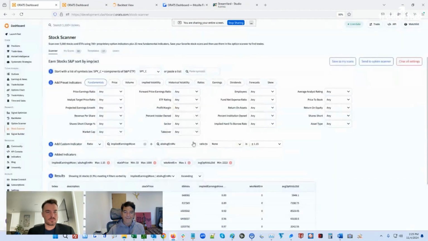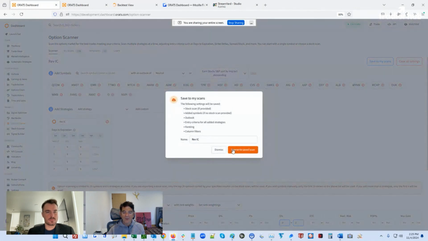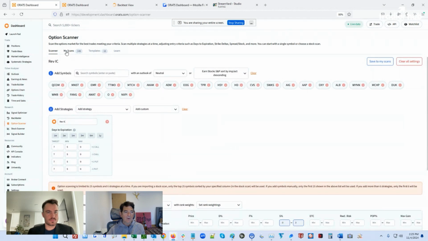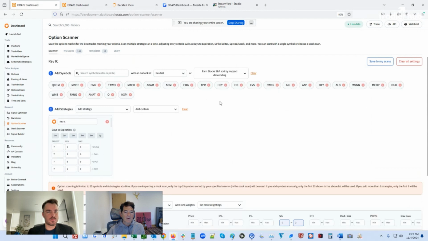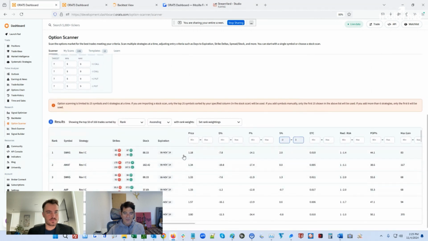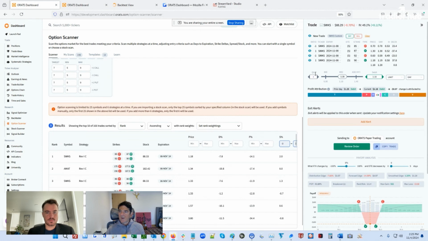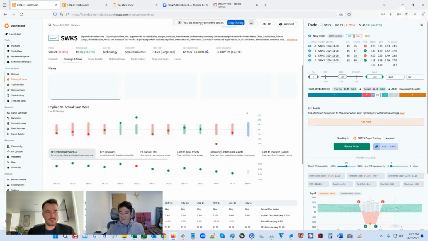Okay. Now let's go back. And I think I need to reload this. All right, let's take a look at this one. S-Works, let's see how that one looks. I think this is a little bit too tight for me. Okay, this one looks good. Oh no, still